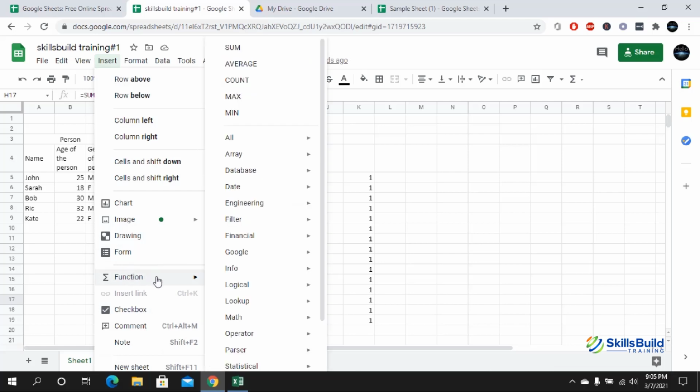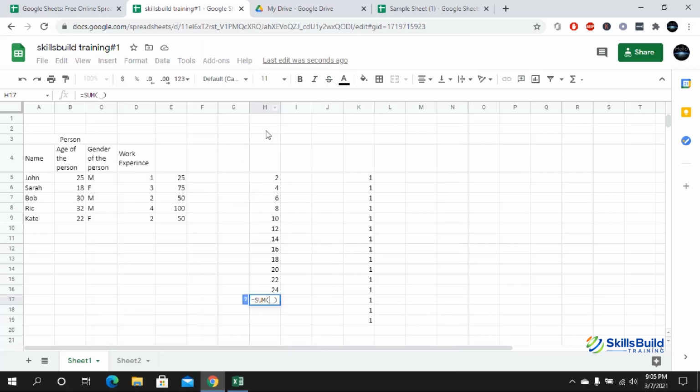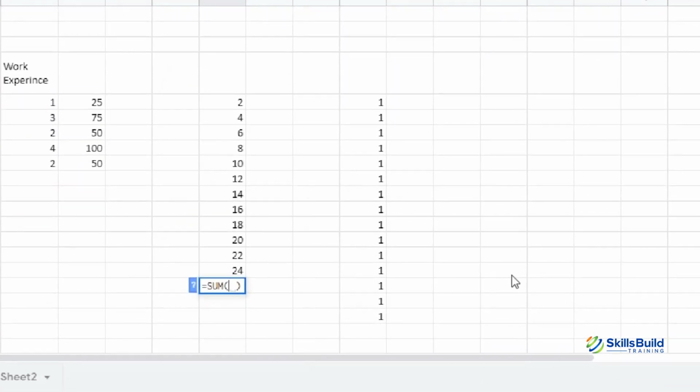into Function, and from here I have different sorts of functions that I could select. So I'll press the sum one, and inside the sum function I'm going to have to select all of the columns. So from age 5 till age 16 I want to know the sum. Hit enter, and here you can see that the total sum from age 5 till age 16 is